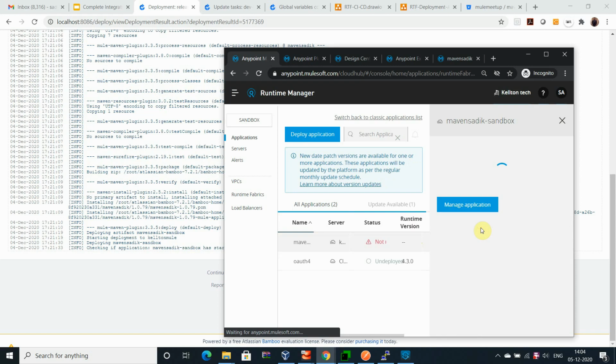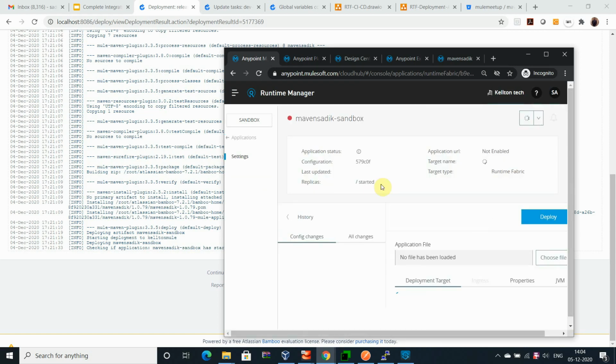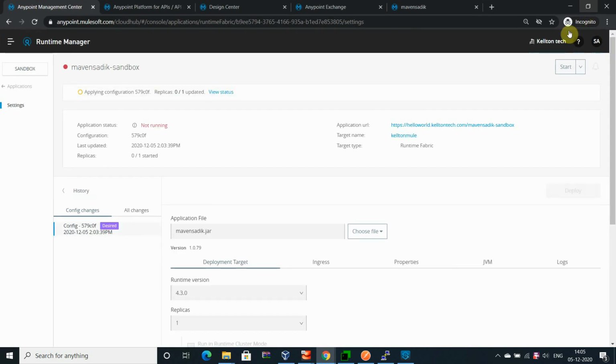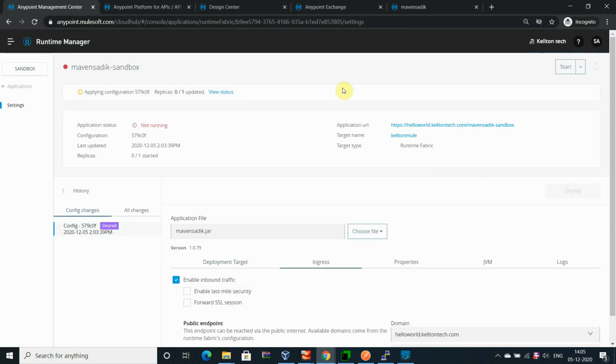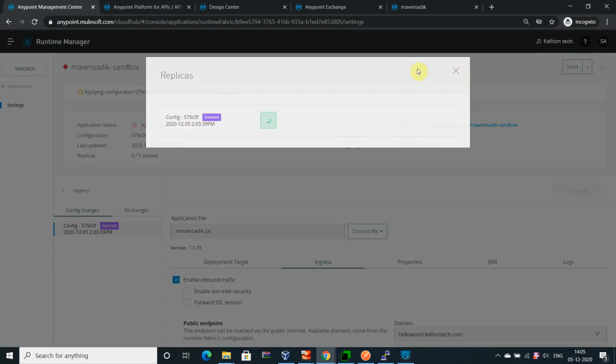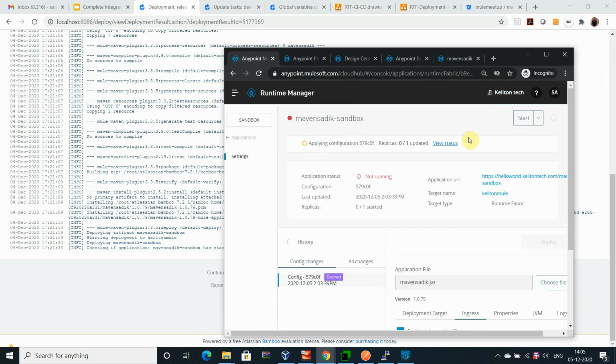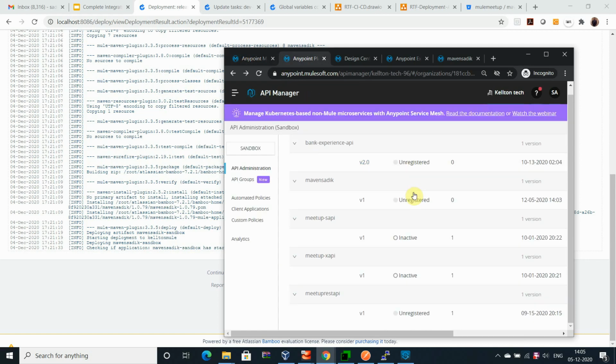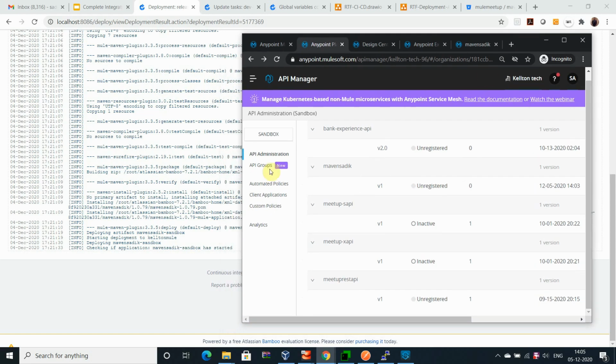You can see the status here, right? It's still being deployed. I'm not going to check this one. Still applying, still validating. So just wait for a couple of moments. As soon as it goes to green, you will find that the stage of the API will change to the active state, and it will change to green.